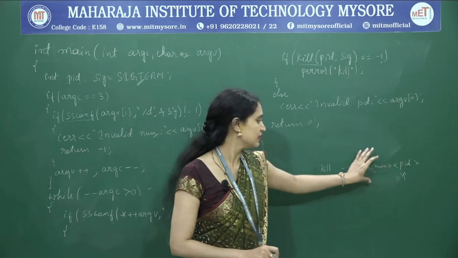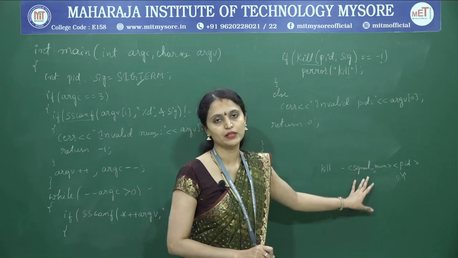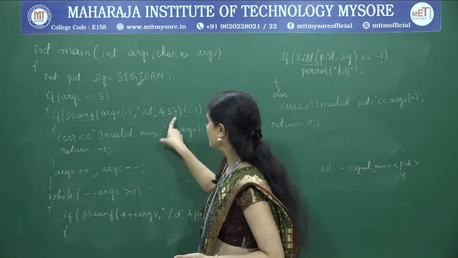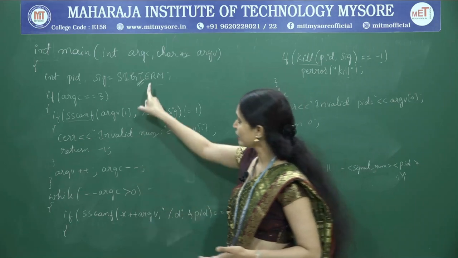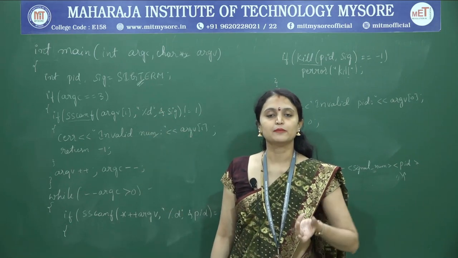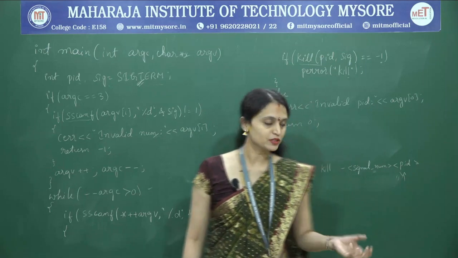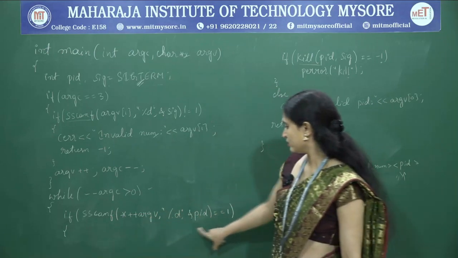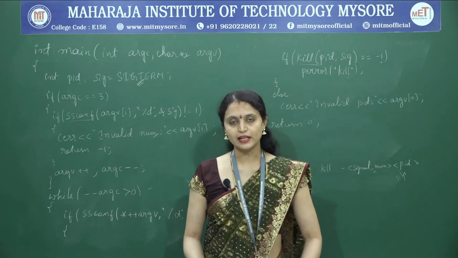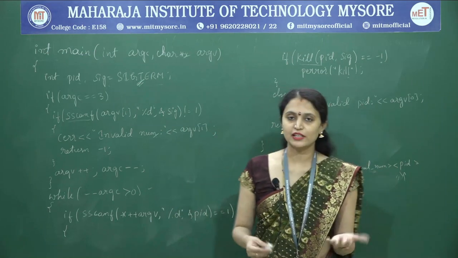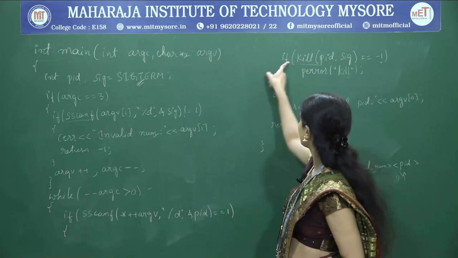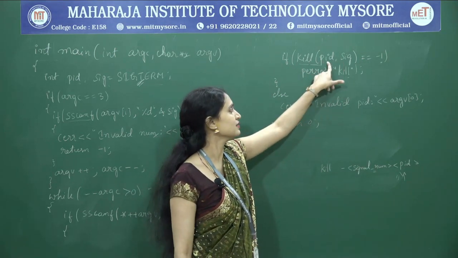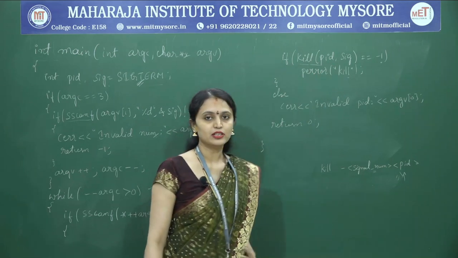If there is any problem with this, that means if the user has not given the proper input for the signal number, in that case by default SIGTERM will be assigned here. Actually SIGTERM means which type of signal? The process termination signal. Suppose the given signal number is valid, and also we have to check here. We are reading the PID. If there is any error with the PID, I am printing this. If there is no error with the PID, it returns 1. In that case, I am making use of the kill API. For this PID, I am passing this signal. So this is about the kill API.